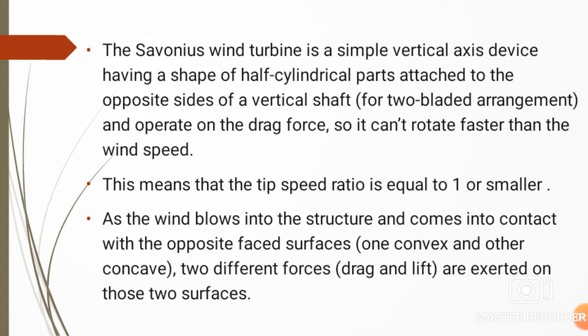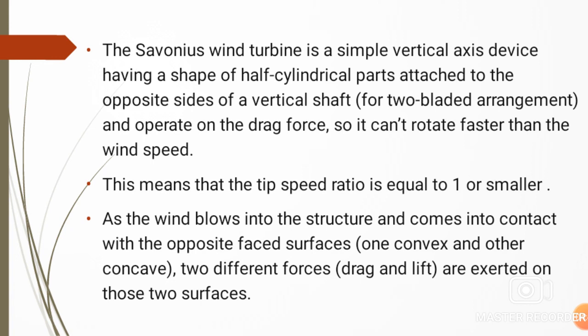And when the structure is formed, the blade has an inner part which is concave and an outer part which is convex, so that when the wind is flowing, it creates pressure at the inner side due to the concave portion, and due to the pressure the blades get rotated. So this is the basic principle behind the construction.